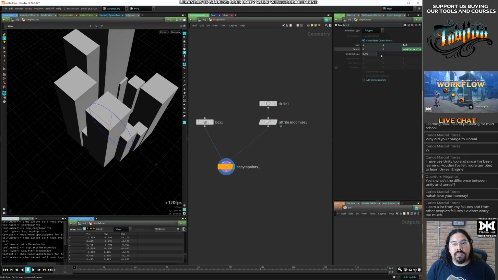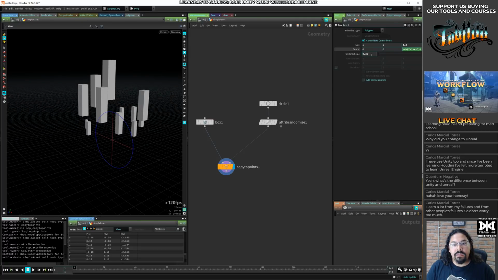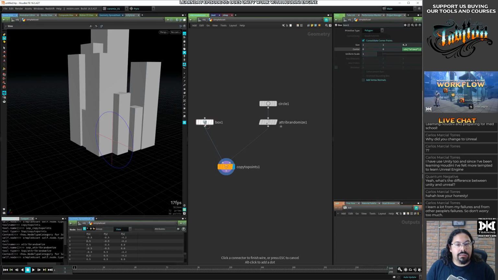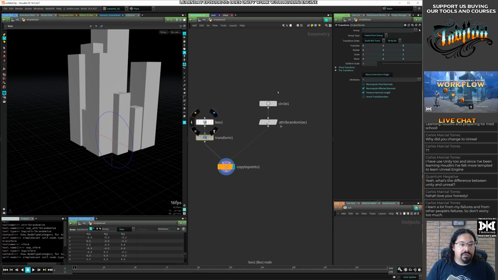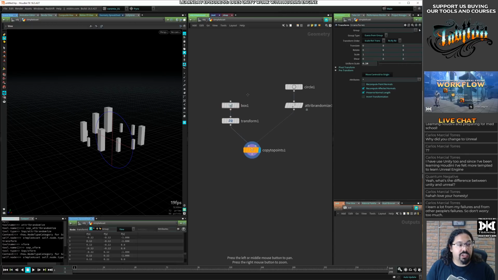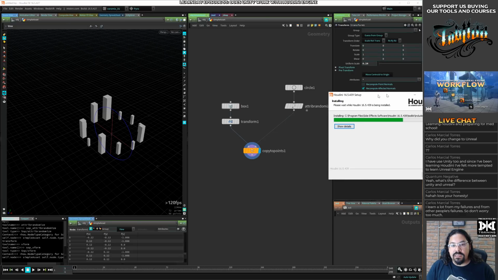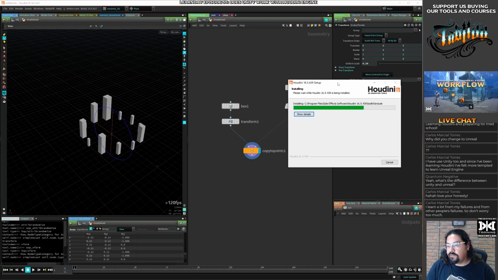No, why is it? Okay, let me just do a transform here. XF for transform, like in Fusion. There's a mixture of shortcuts there. So is this thing done? Nah, it's still a little bit there.